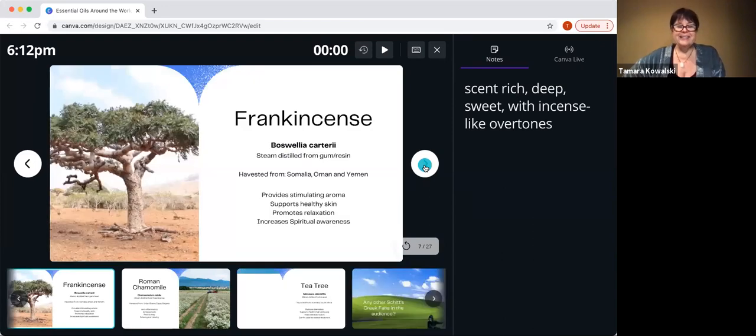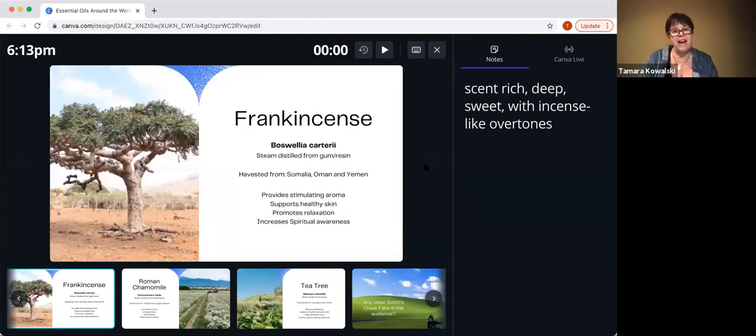All right, moving on, we are now traveling to Somalia, to Oman and Yemen. And here we will find the frankincense tree. And it's from this tree that the gum or resin is where we get the essential oil from, and that is steam distilled. You may be familiar with frankincense because of its deep, rich, sweet, incense-like scent